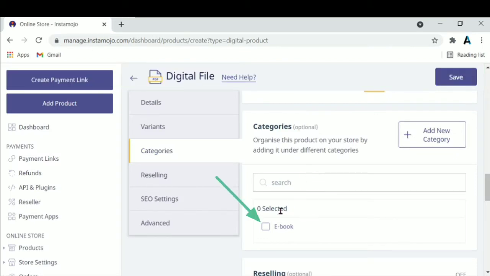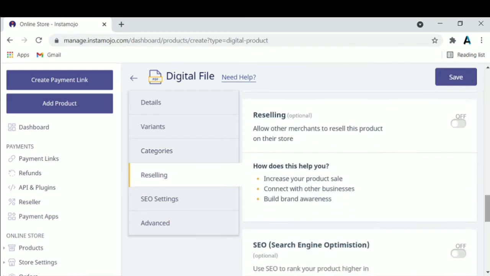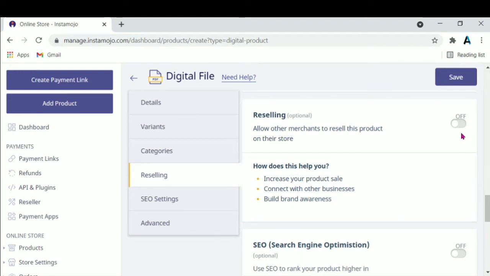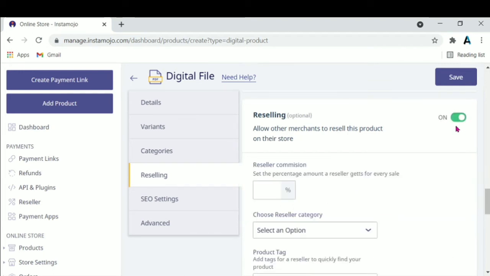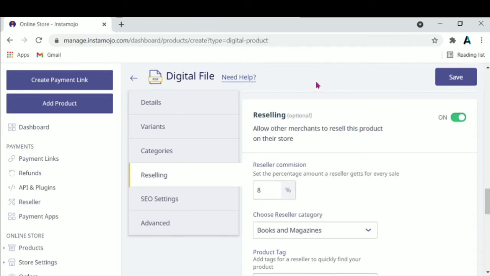Then select this. If you want to reselling, then click here and on this. How many percentage you want to give them to the seller. Then choose here the reseller category.